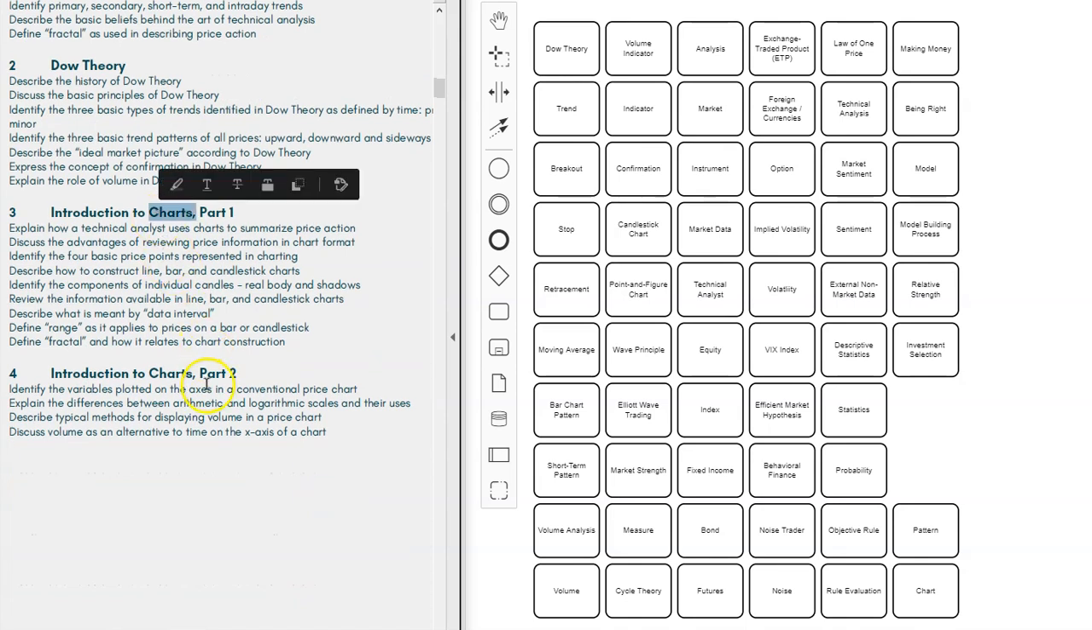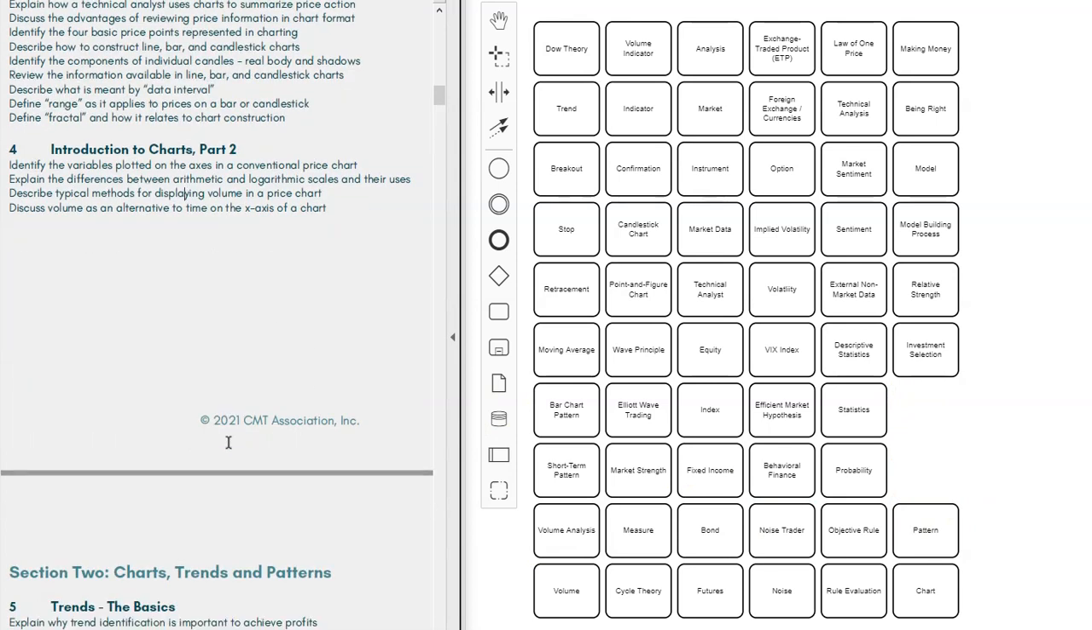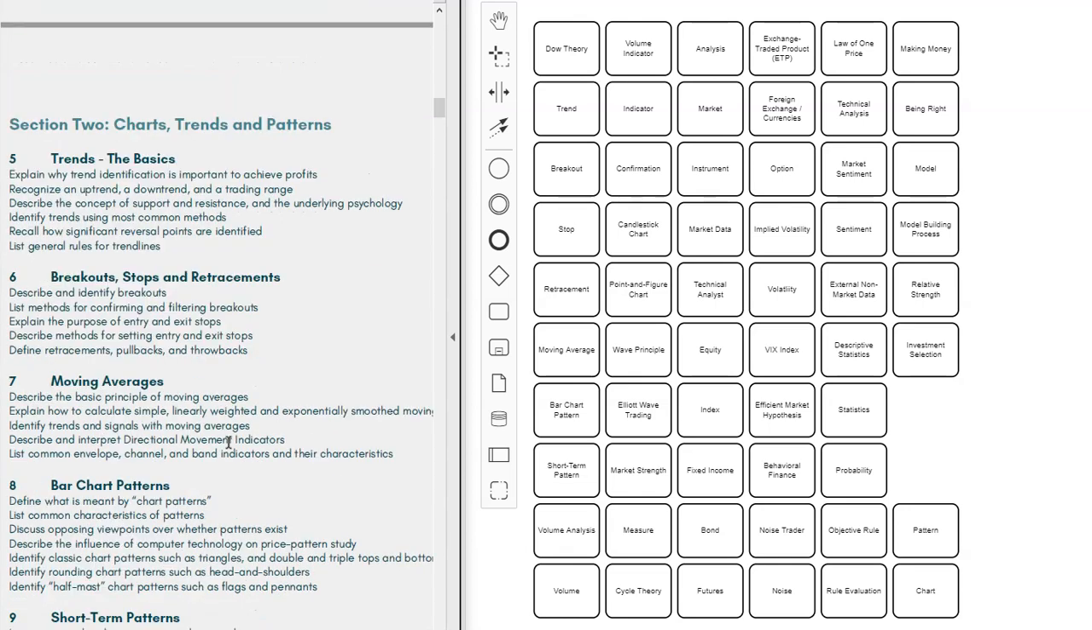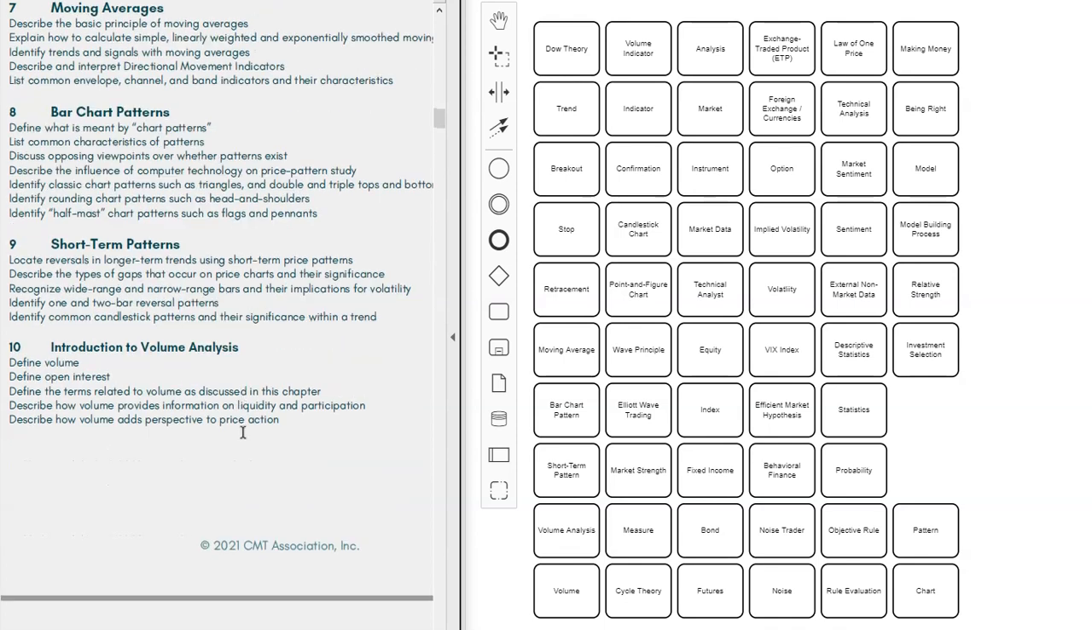See, they have Intro to Charts Part 1, Intro to Charts Part 2. Trying to find 2 more here is what I'm trying to do. See if anything jumps out at us. Retracements, we got those. Or something that's common. Defining, describing, identifying, recognizing, locating,